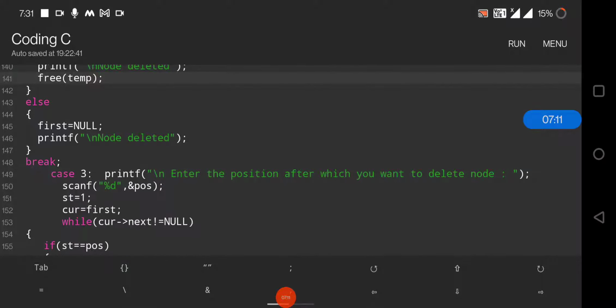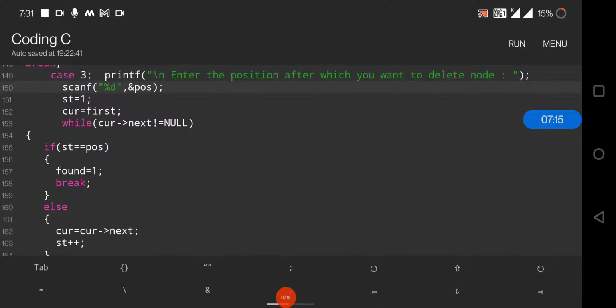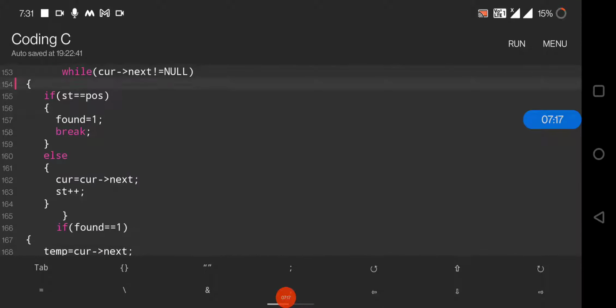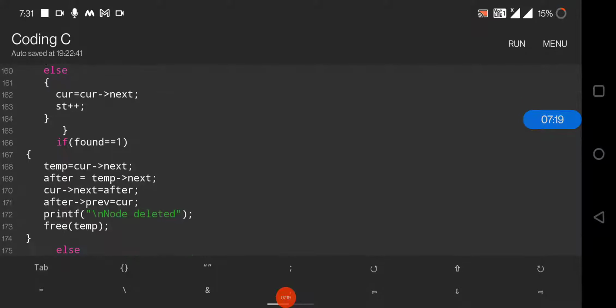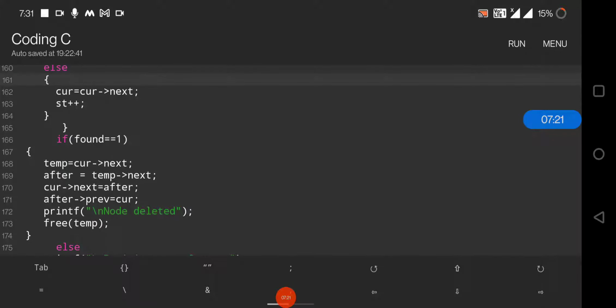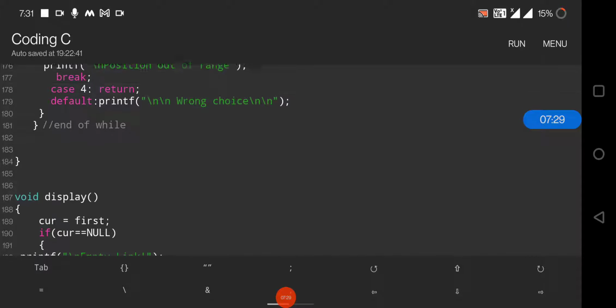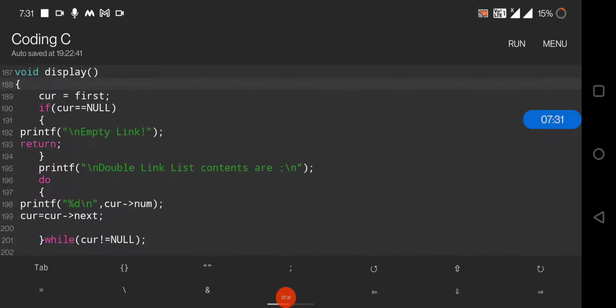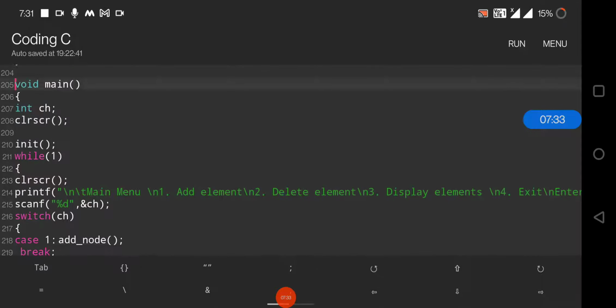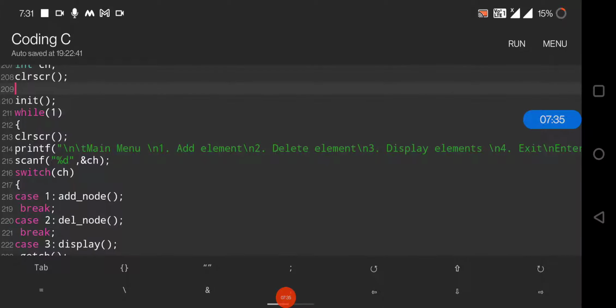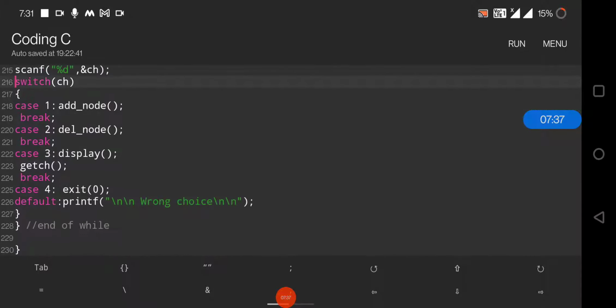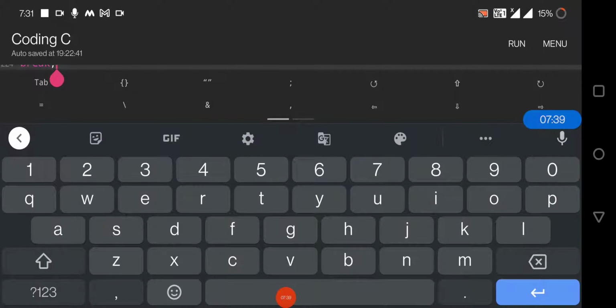If we want to delete an element in the intermediate, we have to check the location first, then we cut that element, that is nothing but removing it along with the pointers as well. So the node is deleted, and accordingly we will display all the contents of the linked list. So add, delete, and display are the main functions that we'll be using.